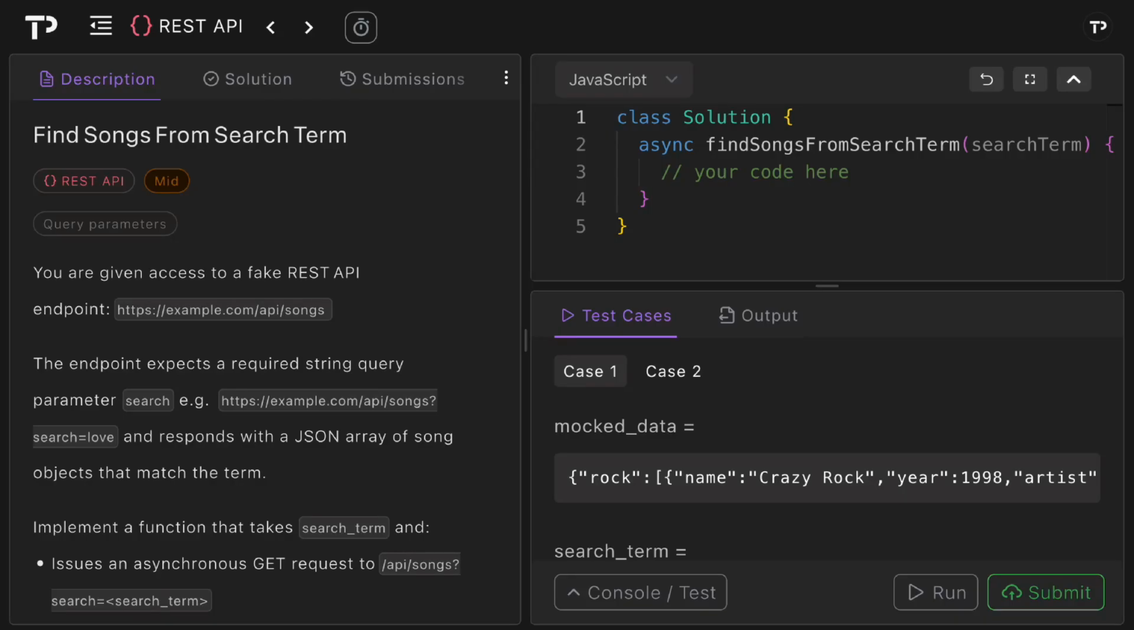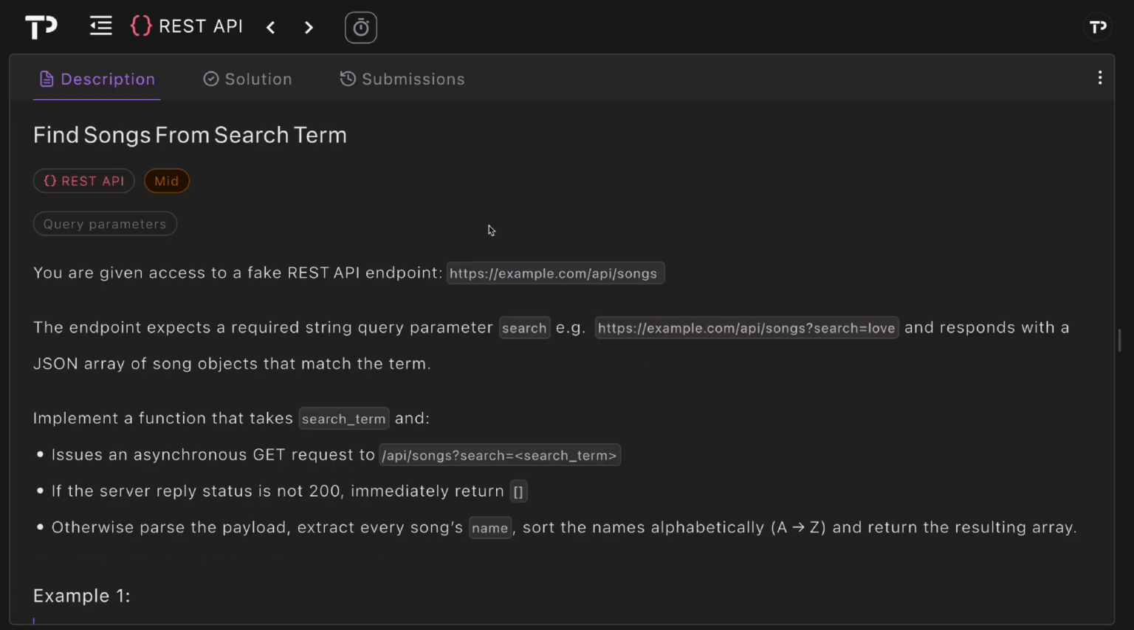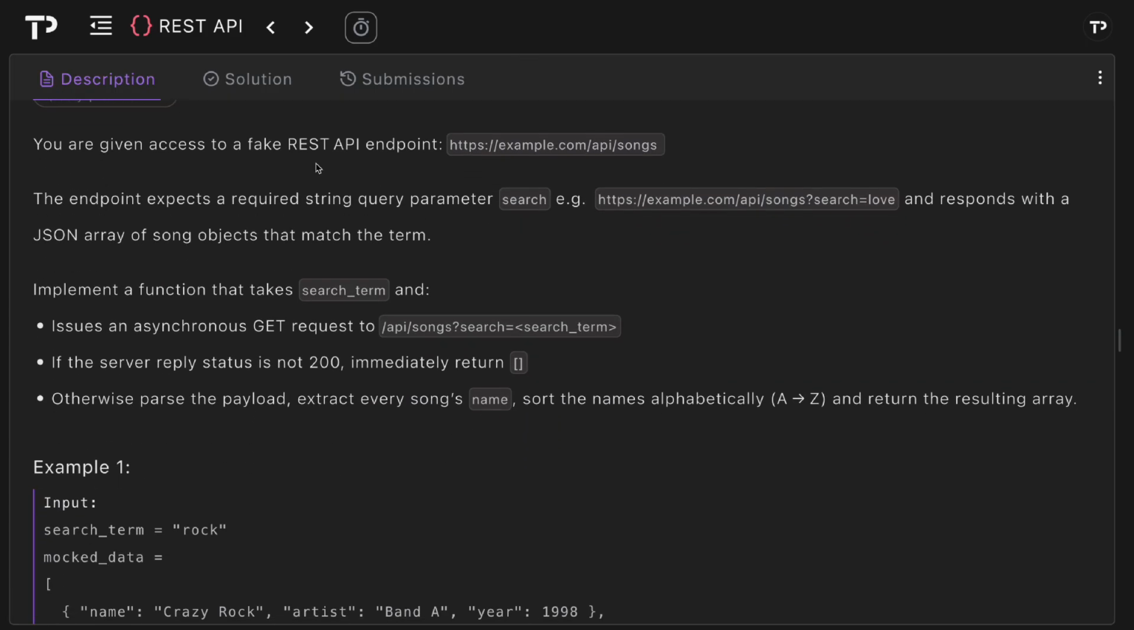In this video, we are going to be walking through a coding solution to the Find Songs from Search Term REST API technical interview question. So let's jump in. In this question, we are given access to a fake REST API endpoint, API songs, and this endpoint expects a required string query parameter search, and this responds with a JSON array of song objects